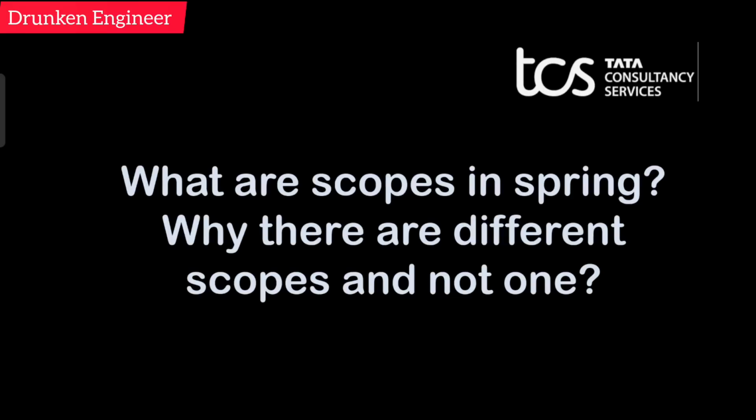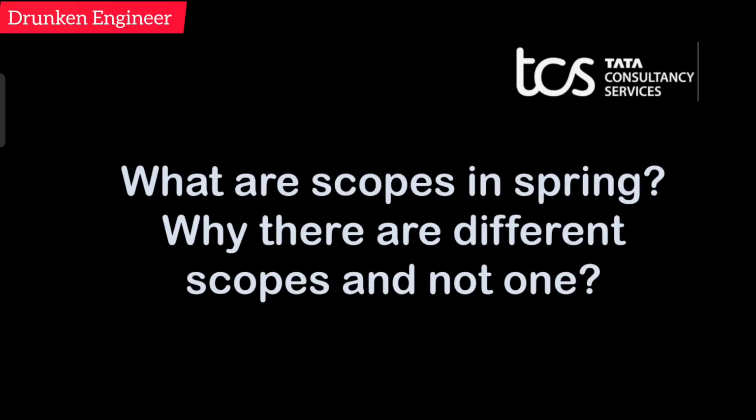We can say there are altogether five scopes of a bean: singleton, prototype, request, session, global session. Based on the requirement, we'll be setting the bean scope. If we talk about only singleton and all the beans have singleton, that might not be our requirement. Sometimes we might want a new bean whenever we request or whenever we do a get. In those scenarios, that is the reason we have different scopes.